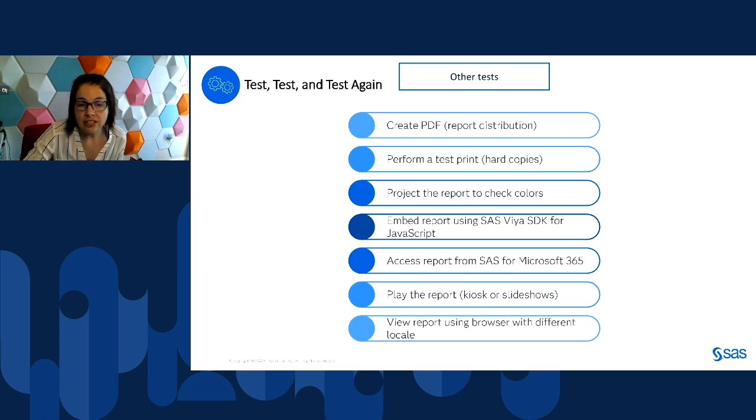If you're going to use SAS for Microsoft 365, like to access the report from Excel or PowerPoint, test it out, make sure everything looks good. You might want to play the report if it's going to be played on a kiosk or for slideshows. And then if you're going to have viewers who view the report using different locales, different languages, you might want to test and make sure everything looks good.